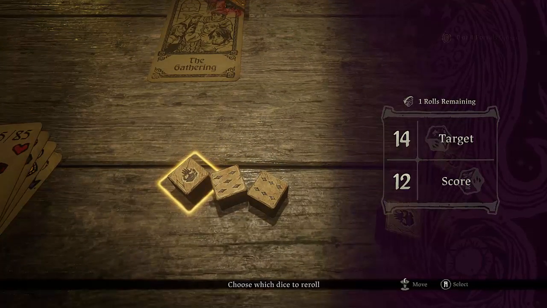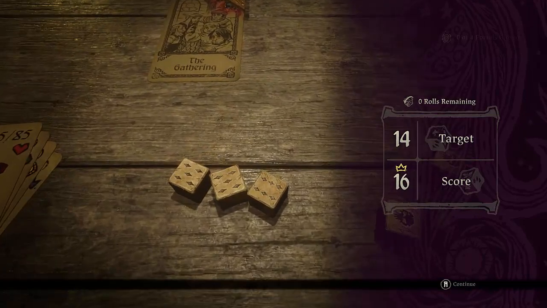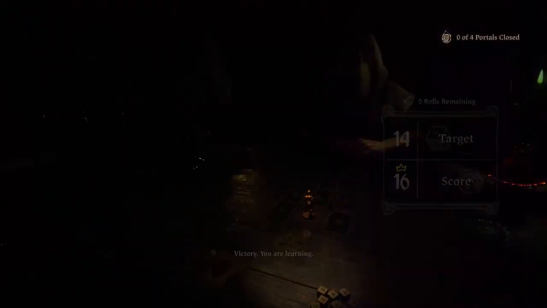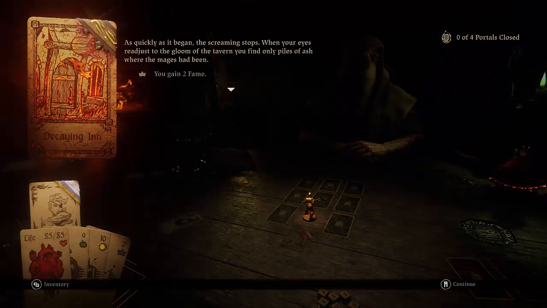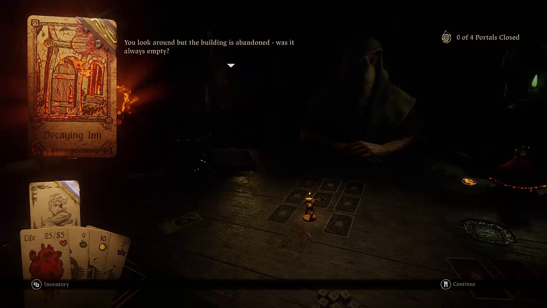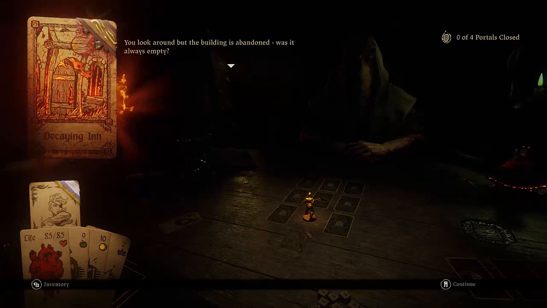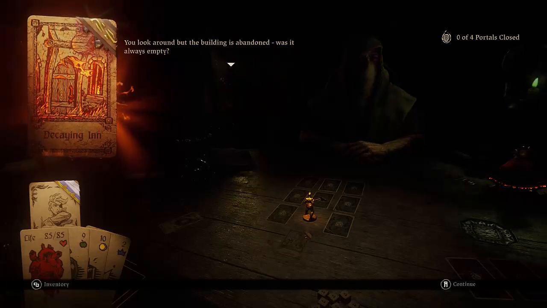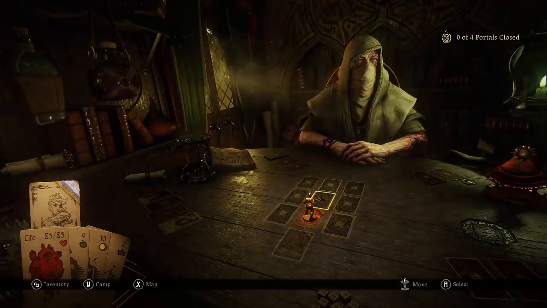Alright, we just need to roll a 3 or better. It's likely to fail. Okay, but it didn't. Cool. Okay. Victory. You are learning. Not really. I don't think there's much to learn about throwing a dice. At least I don't think so. I wonder if you could cheese the dice stuff. Anywho,